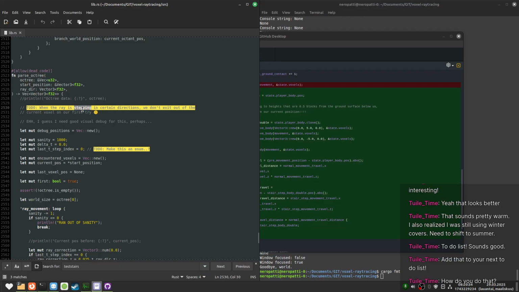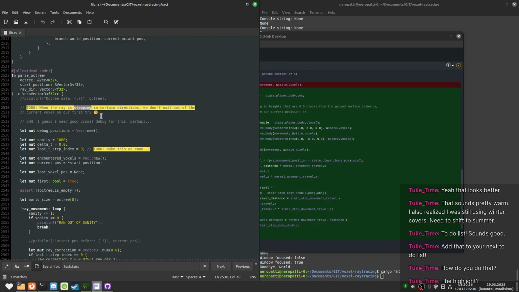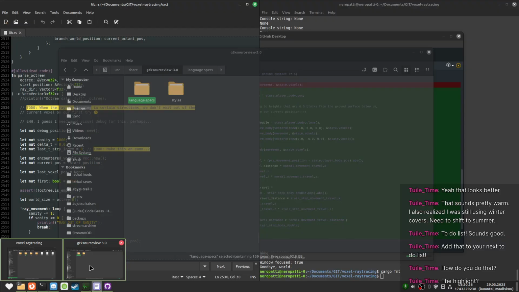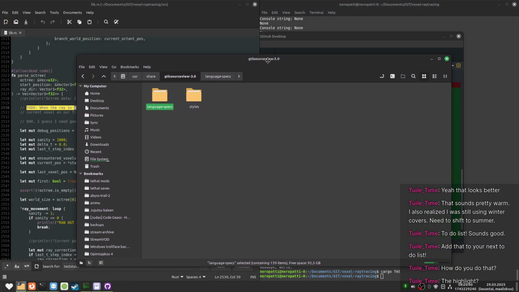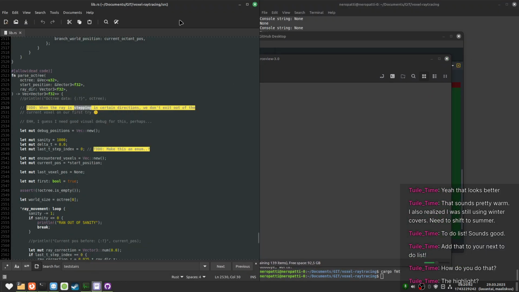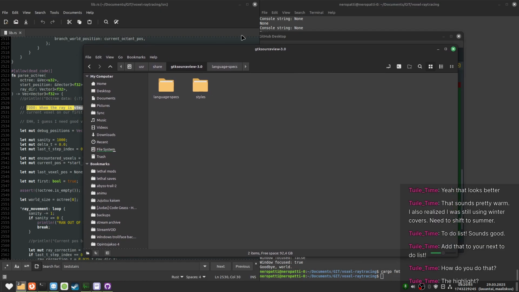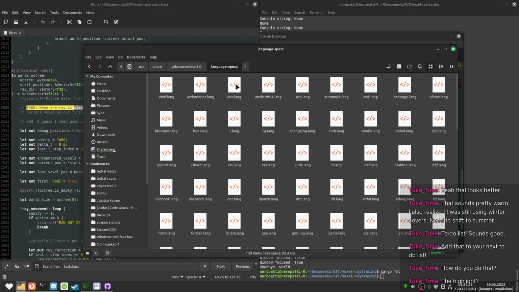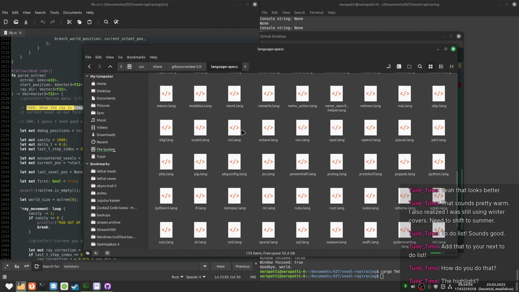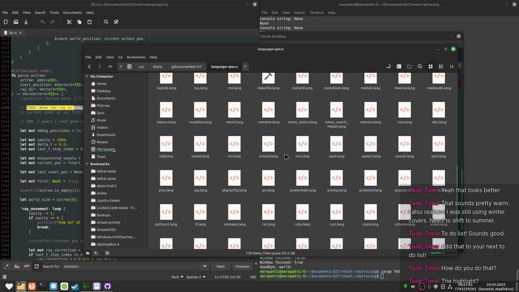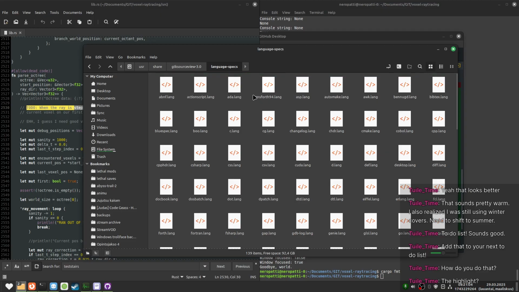How did I change the highlighting, you mean? This is going to be different for you. But for Xed, it uses GNOME's highlighting stuff. I just have a folder with a bunch of files that describe how languages should be highlighted. And there's a main one.